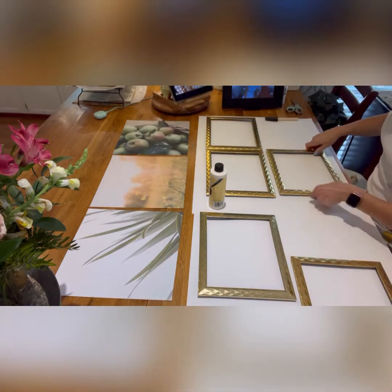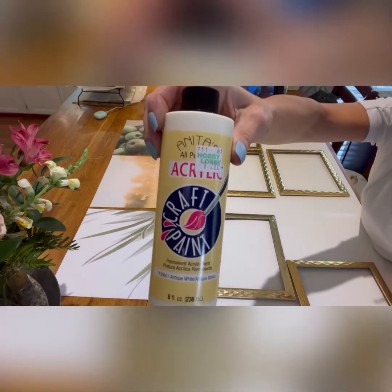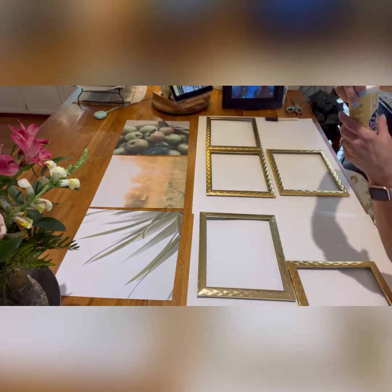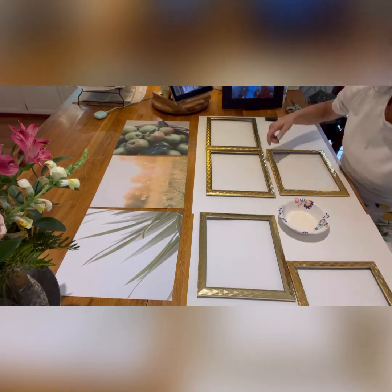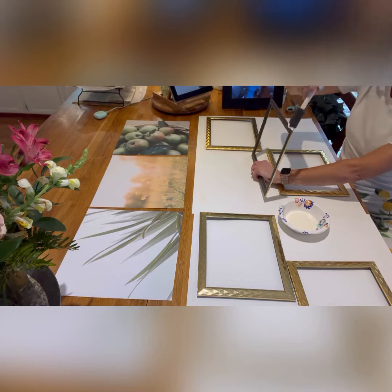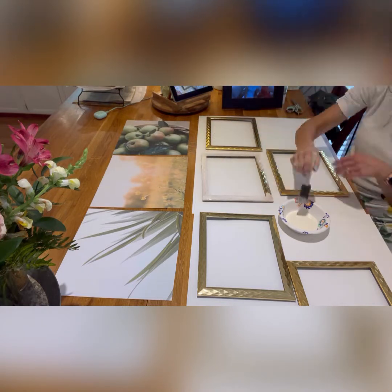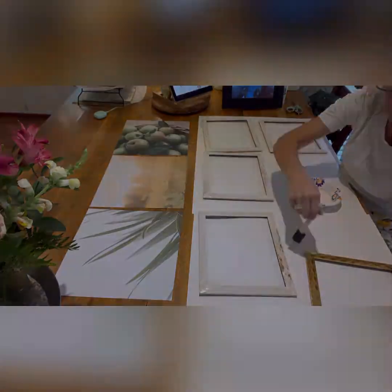And then we're going to wet distress after I paint. Now there is the Anita's paint that we're going to be using today. That's a matte acrylic paint. I got it at Hobby Lobby, and it is antique white. So it's a little off-white, which is what my dining room furniture is. So again, I'm going with a monochromatic theme, but we're going to bring out that gold after I put 3 coats on. And so here goes the first coat,